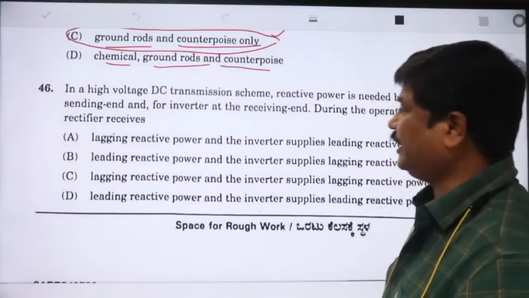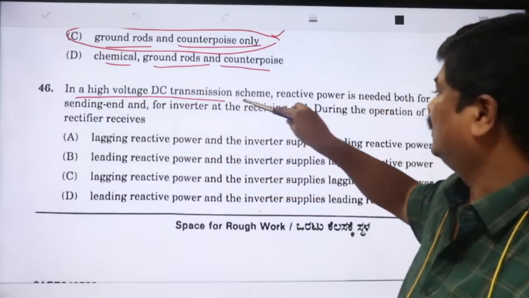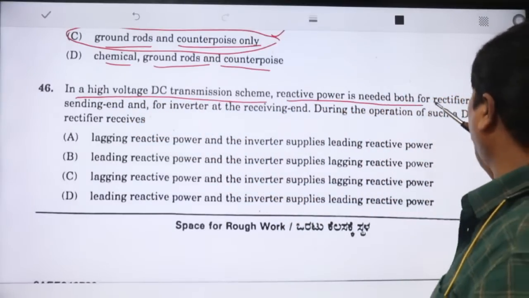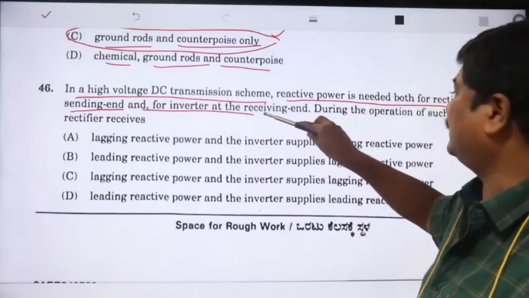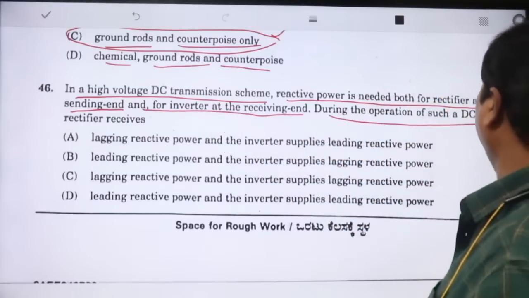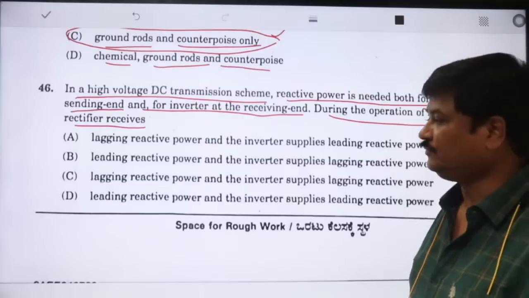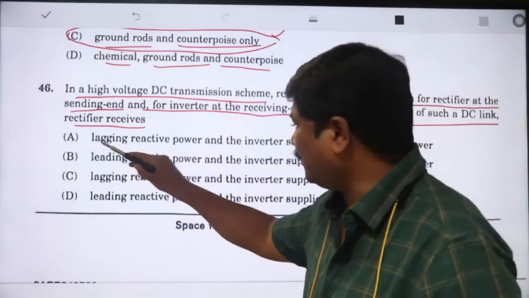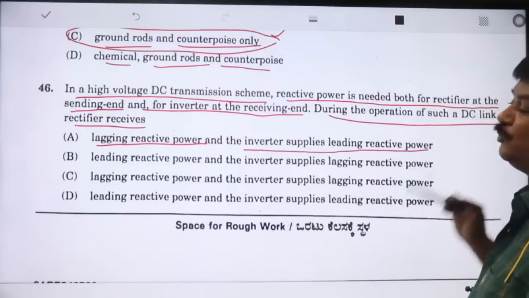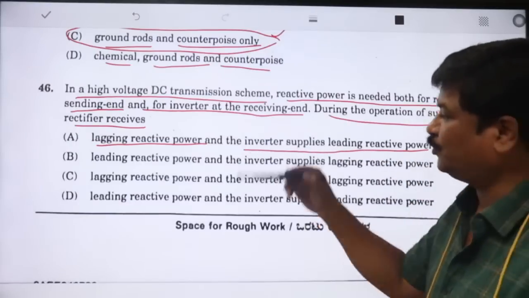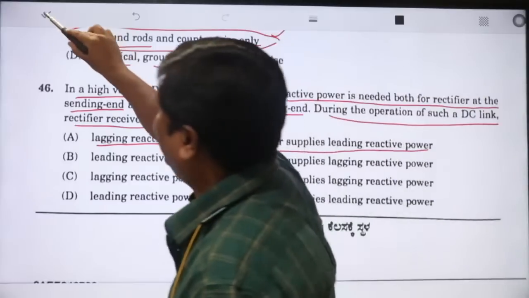In a high voltage DC transmission scheme, the reactive power is connected at both the rectifier sending end and the inverter receiving end. During the operation of such a DC link, the rectifier receives lagging reactive power and the inverter supplies leading reactive power. So next,